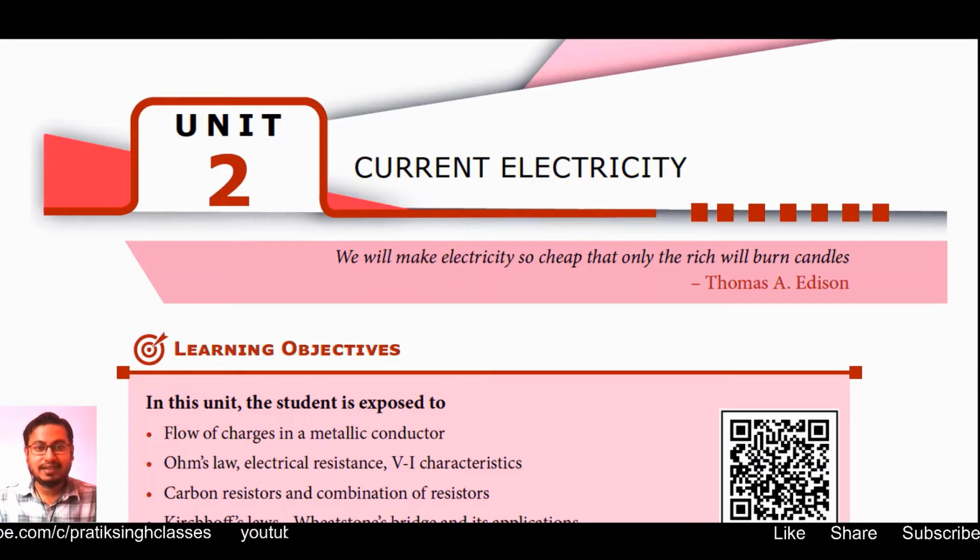Alright, so let us start today's class. The topic is current electricity. This is unit 2 of volume 1 of standard 12 physics. In your previous unit, you studied a lot of things which were correlated to the previous classes like class 9th, 10th and 11th. In this unit also, you will need the preface of unit 1 as well as the previous classes. If you remember the terms a little bit, it will help you understand the things very well. So first, let us see what the learning objectives are.